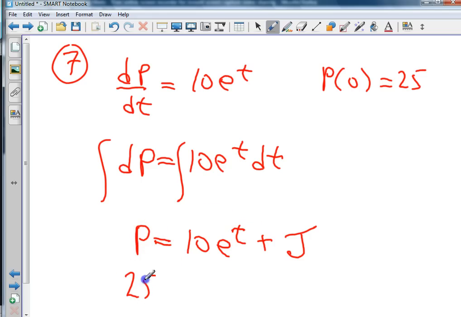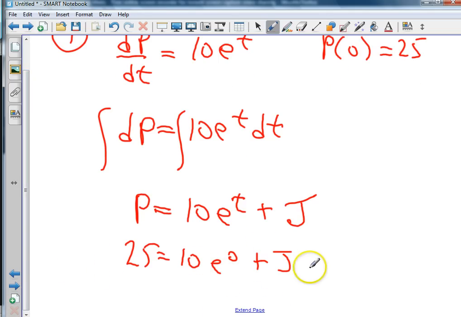Okay, so 25 equals 10 e to the 0 plus j. What's e to the 0, by the way? 1. So that's really 10 plus j. How do you get j alone? Subtract 10 and you get, careful, what'd you say? It's 15, right? Okay. All right, so if the general solution is P equals 10 e to the t plus j,